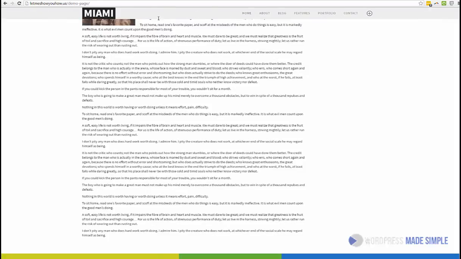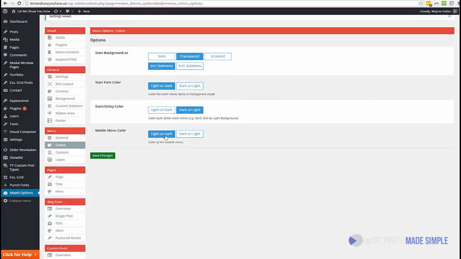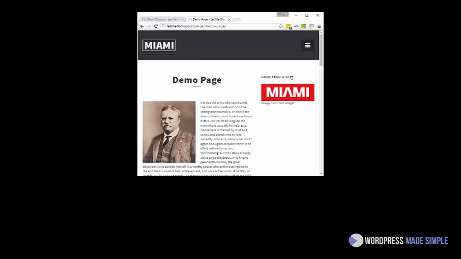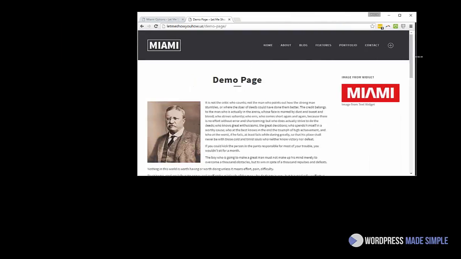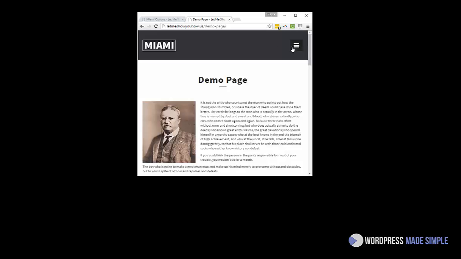dark on light. Okay, and the mobile menu, we'll keep that one like that. That's pretty cool. Dark on light. We'll save changes, but for now, I'll show you what this looks like. Oops, my page got away from me. So here we go. Here's our menu, and as we come in, boom, there's our